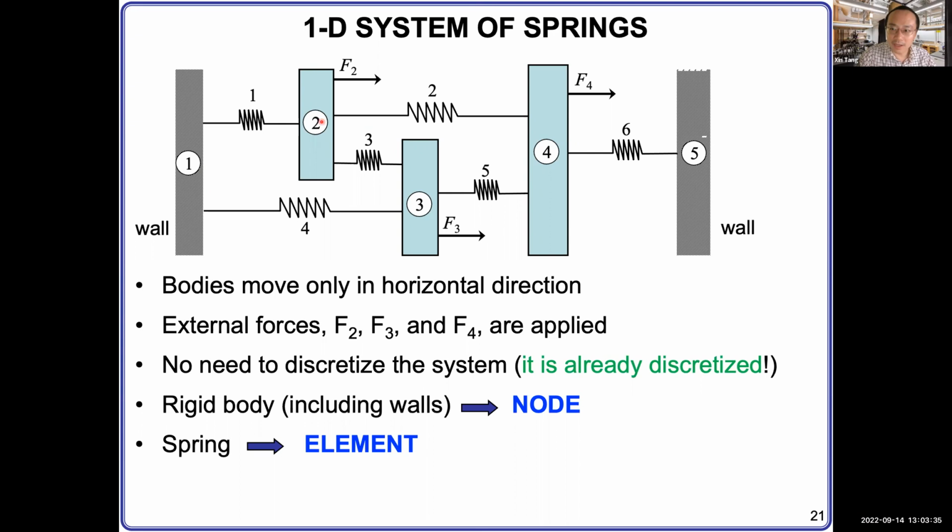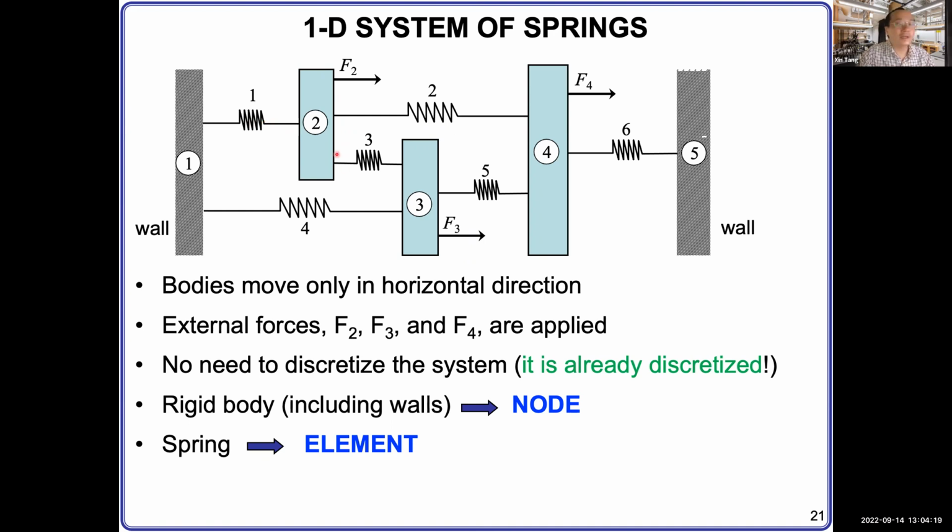For the rigid movable body, we also call it a node. It can move. It can have displacement. It can also sustain the force applied by the spring, as well as the external force applied. The external force is denoted by capital F, and the force coming from the spring, we denote with a small f. For the spring, it can deform. It can have elongation, but it cannot sustain external force applied to it. External force is always applied to the rigid body, and then through the rigid body, it connects to the spring. The spring will generate the force there.